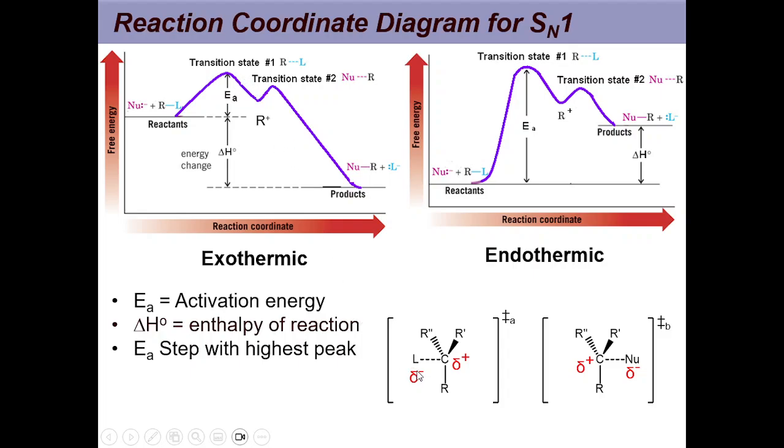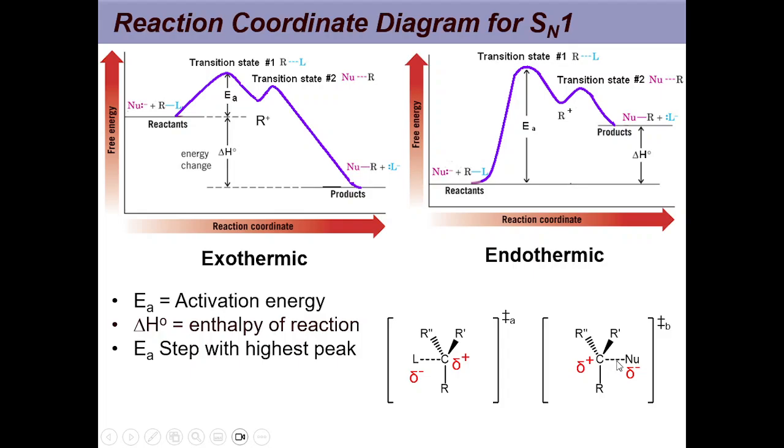Now after the leaving group has completely left, that will leave you a carbon with a positive charge, which is called a carbocation. The carbocation is basically this intermediate, which shows relatively lower energy in the valley down here. Now, the carbocation with a positive charge will be attractive to the nucleophile. So the second transition state will be caused by the nucleophile trying to approach the carbocation, providing a pair